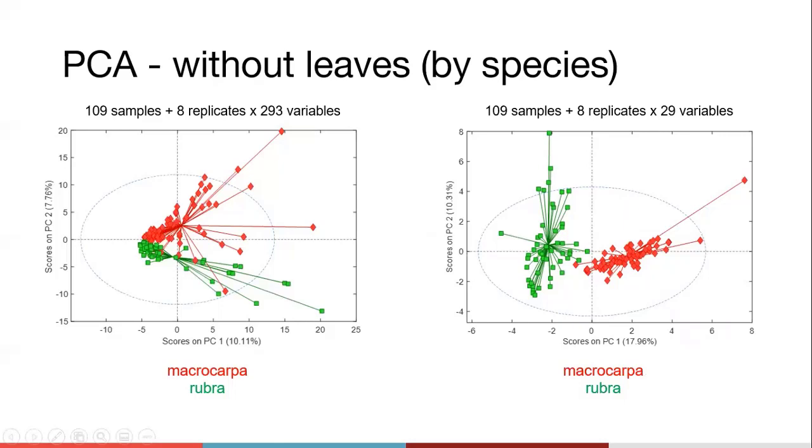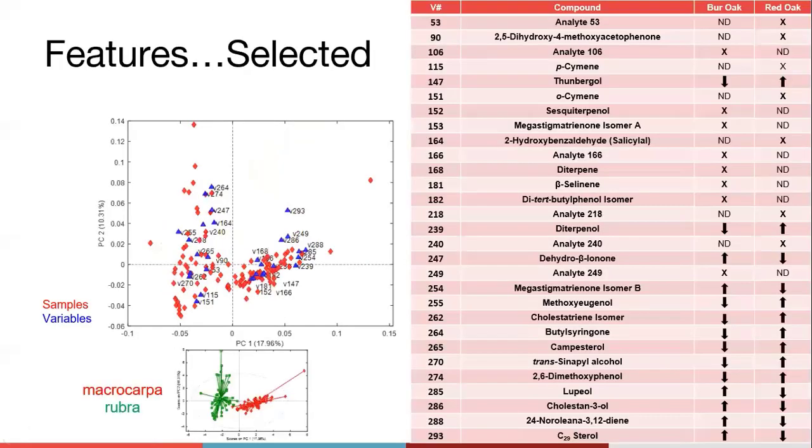Now, speaking of those variables, these features that were selected, here they are, presented in table form for you. I will not be reading it to you, don't worry. On the bottom here is the PCA scores plot that I just showed you after feature selection. And this is the biplot of that same data set. Again, I'm not going to read the analytes or names or anything to you, but the important point I want